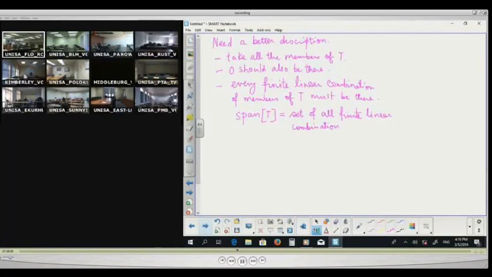And what do I mean by this? So this is the definition of my finite linear combination, right? So X is a member of span T if and only if X is either 0 or there exists